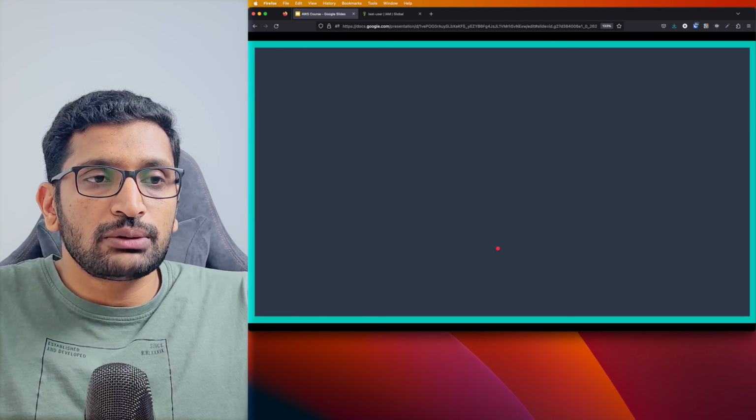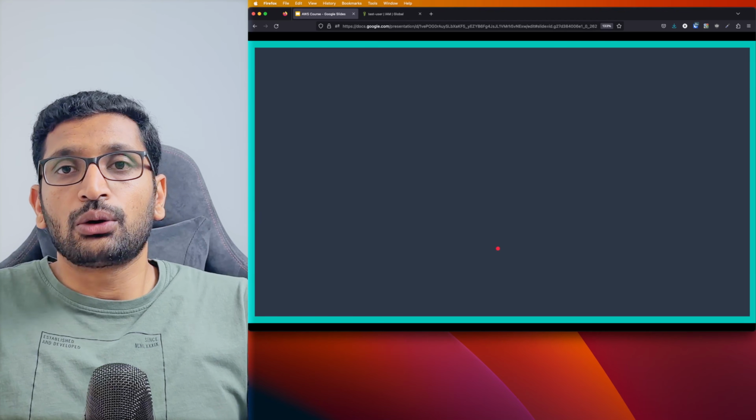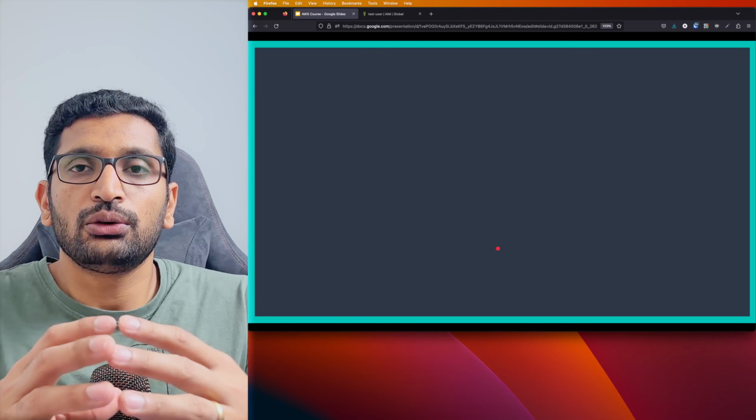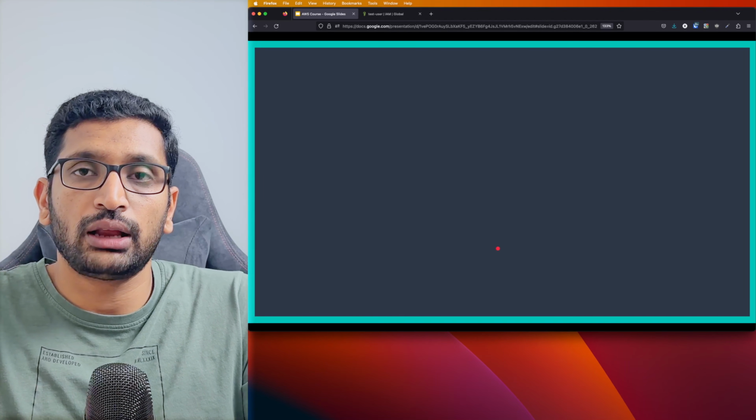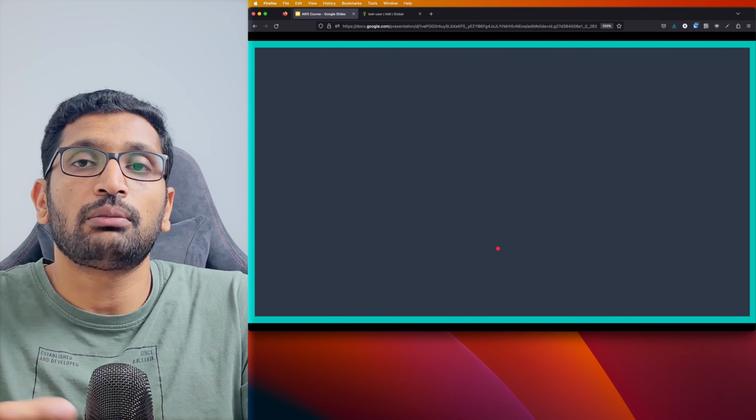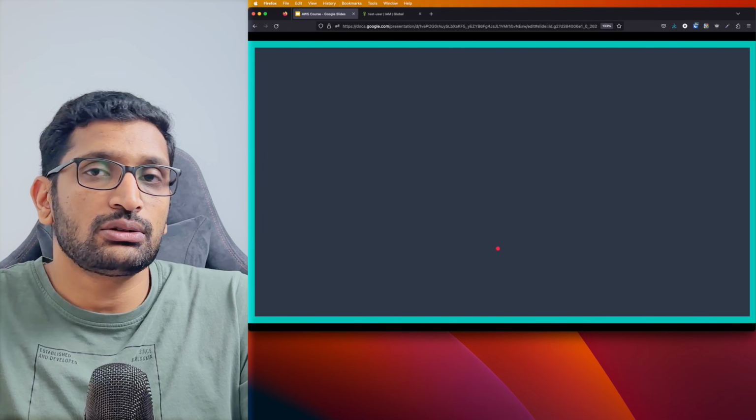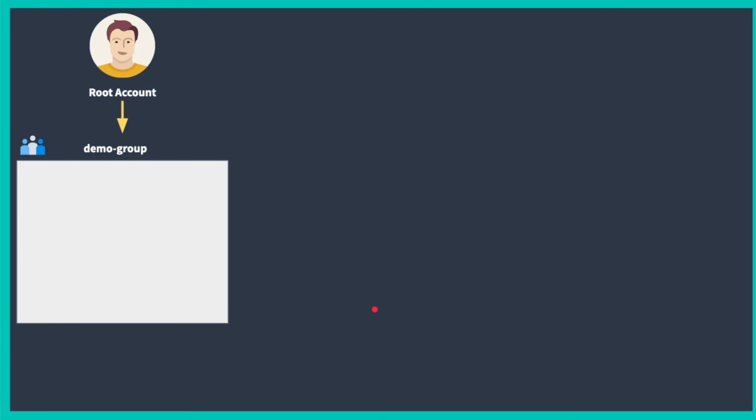The next concept I'm going to talk about is groups. You can also create a group, and inside that group you can create multiple users, which is also quite a useful feature. Here again I'm using the root account, and that root account is going to create a group which is a demo group. I'm taking a very hypothetical example over here, but in a real-time scenario,